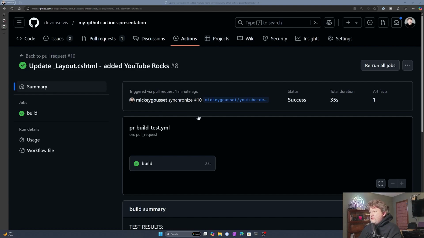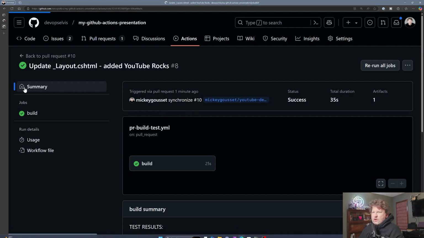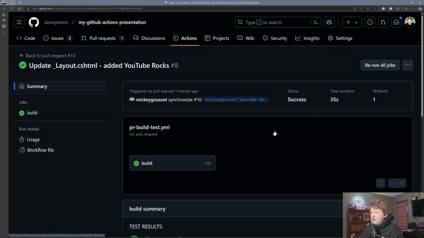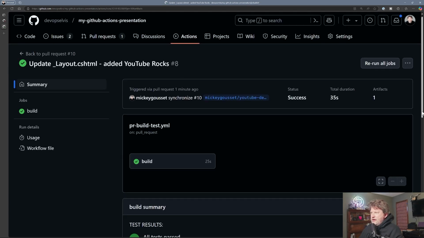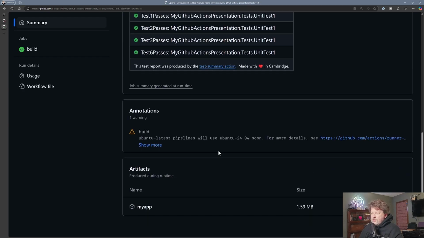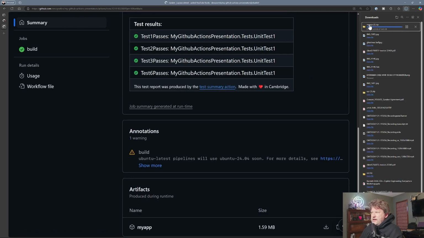Okay, so that did not download the artifact, so let's see what I'm doing wrong. Let's go back to the summary page one more time. Ah, there it is. I needed to refresh the page. That's the problem. So you can see under annotations, here is the artifact that we uploaded. So all of those published files. And if I click My App, this will actually download